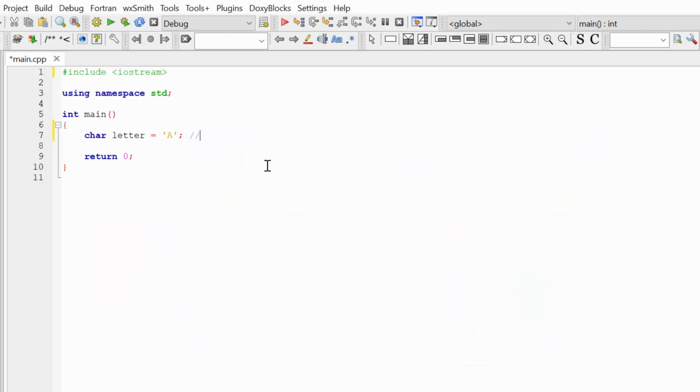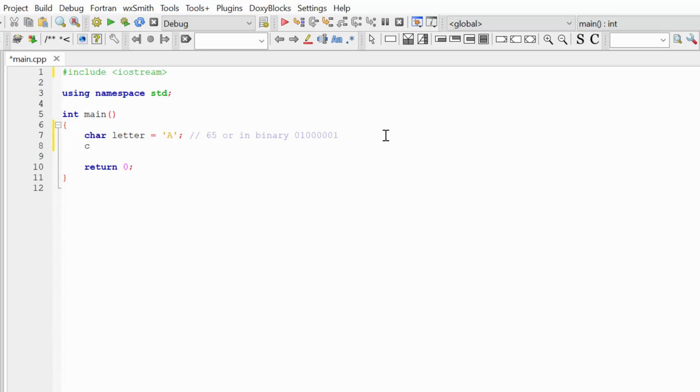So let's add a comment that it's actually 65, or in binary this number. So when we declared the char variable, our computer allocated 1 byte of memory and initialized it with this binary number, which is 65 in decimal.